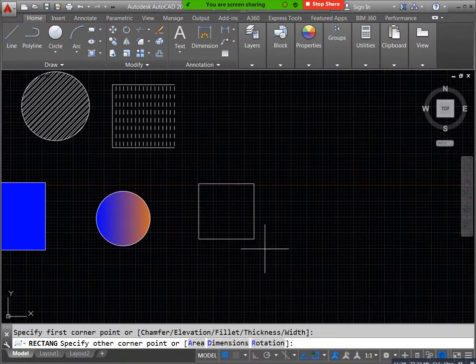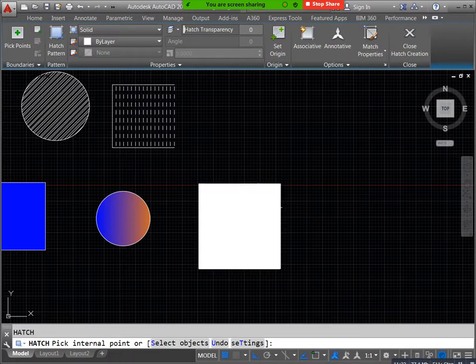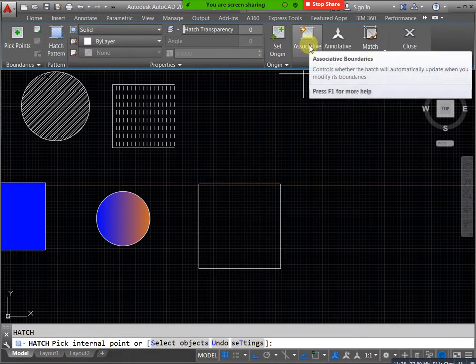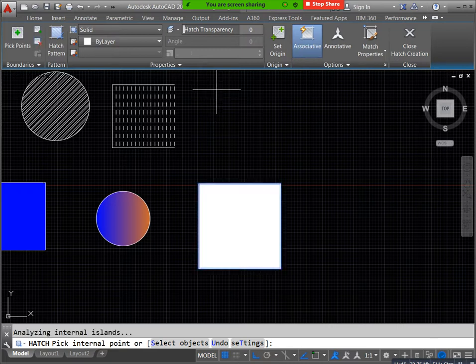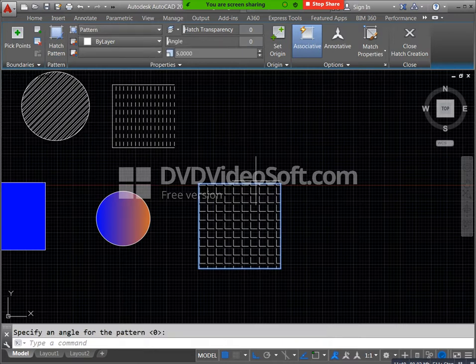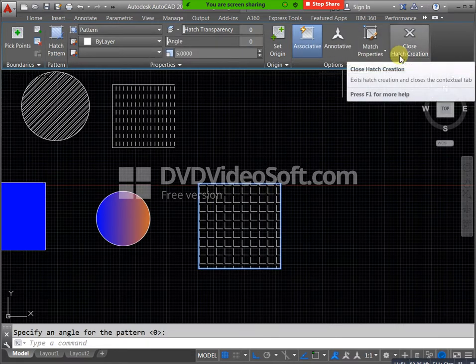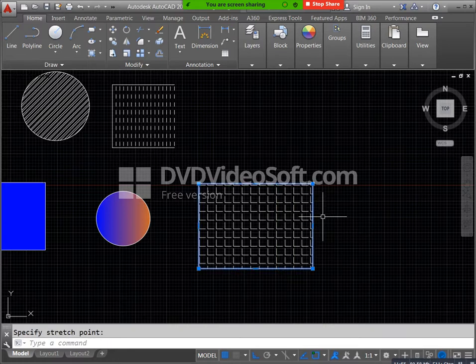For example, if you need to change your boundaries, you can use associative, just mention your hatch, and I need to select my hatch pattern. Okay, close now. Now you can select this one, and the hatch automatically extends when you click this one. For example, here we already applied our hatch. Just select and increase this one, not applicable now. That is associative.